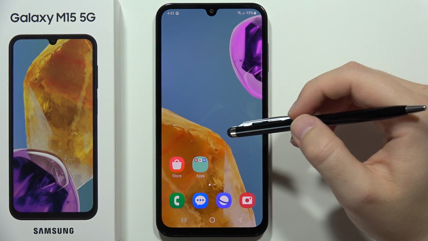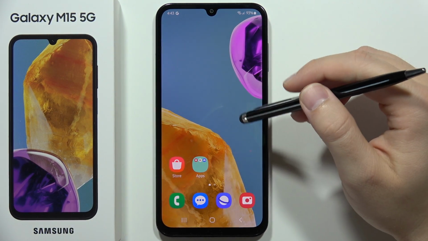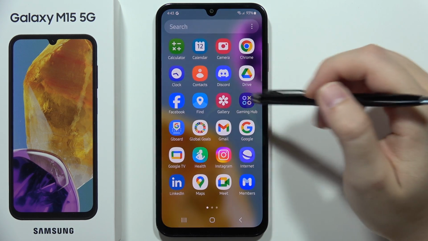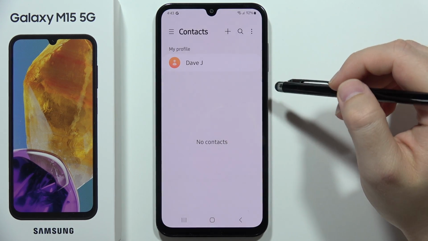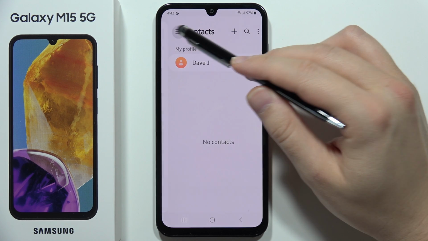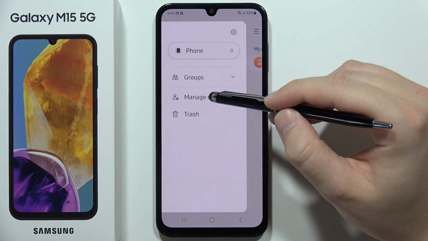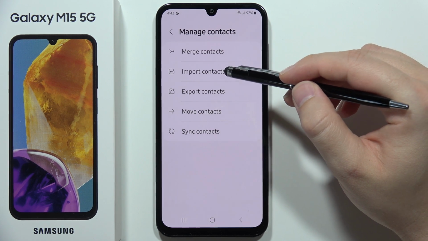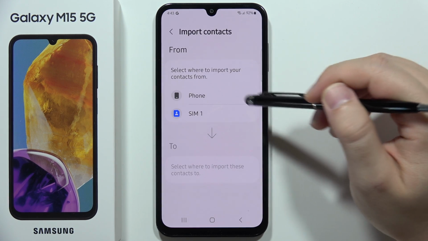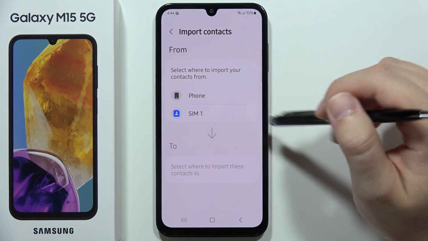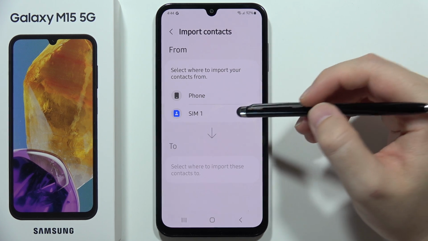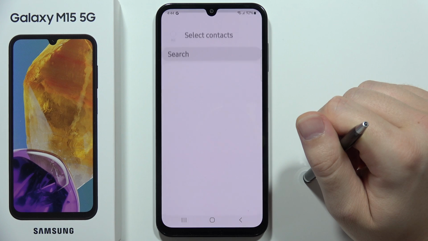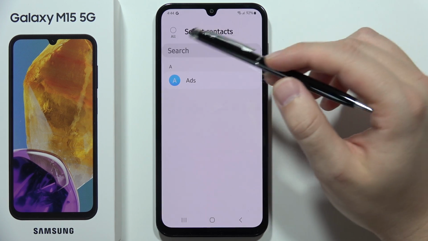Hey, to import contacts from the SIM card to your Samsung Galaxy M15 5G, first of all you have to open Contacts. Next you have to click on the three lines in the left upper corner and now select Manage Contacts. And now from this select Import Contacts and now select where to import your contacts from. So we are going to transfer contacts from the SIM card,